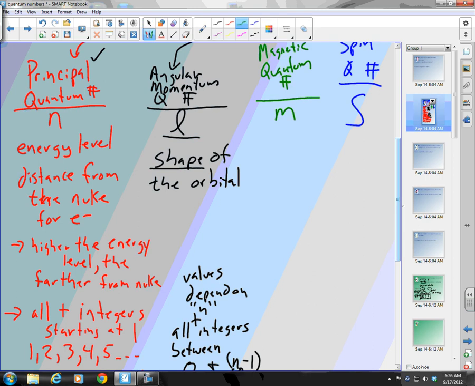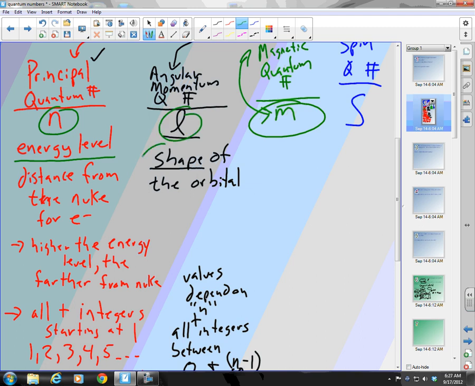What does this tell us, first of all? Well, excuse me, what is its symbol? Its symbol is m. All right, piece of cake, m, magnetic. That's an easy one to remember. Good. Now, what does it tell us about the orbital? In this case, remember, n told us about the energy level, which is the distance from the nucleus of the electron. L told us about the shape of the orbital, and m tells us about the orientation of the orbital